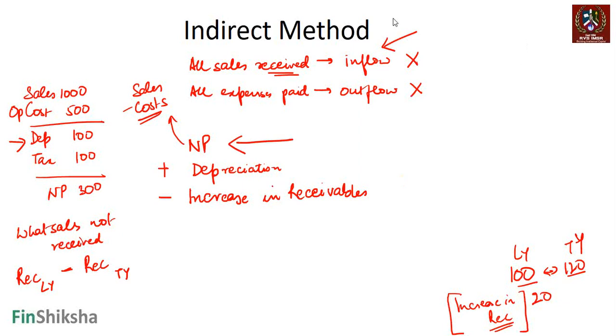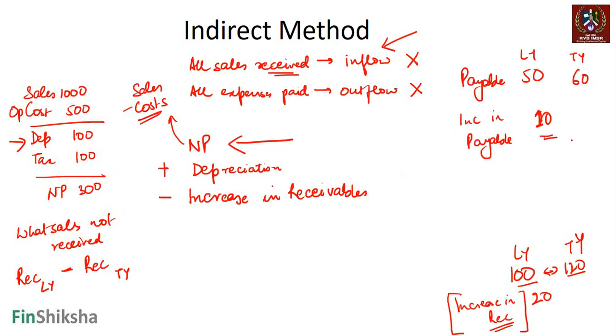Take a look at what you do with payables. Now let's say payables were 50 last year and they are 60 this year, correct? When you look at this, the increase in payables is 10. Now that means 10 crore worth of stuff that was supposed to be paid has actually not been paid, right? And consequently this is available in